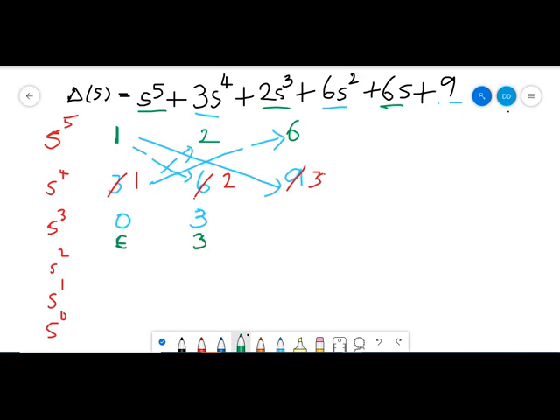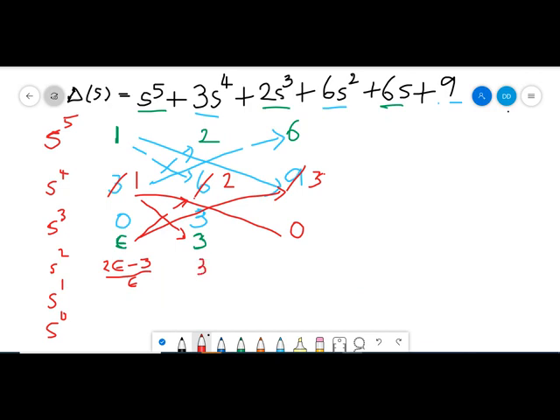So right now we will find the next row elements, which is epsilon into 2 minus 1 into 3 divided by epsilon. So it becomes 2 epsilon minus 3 divided by epsilon. It's 2 epsilon minus 3 by epsilon. And next is 3 epsilon minus 0 divided by epsilon. So 3 epsilon by epsilon becomes 3.